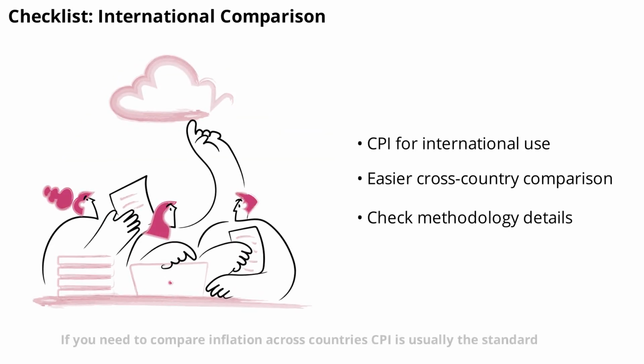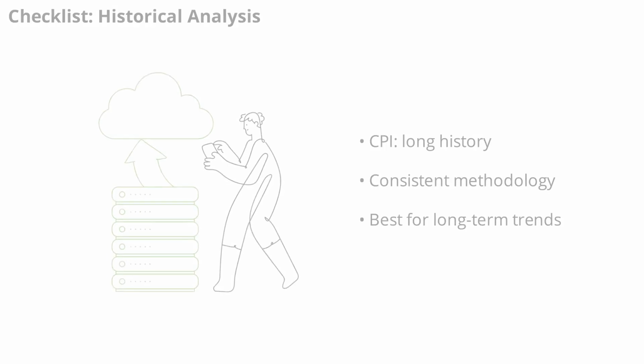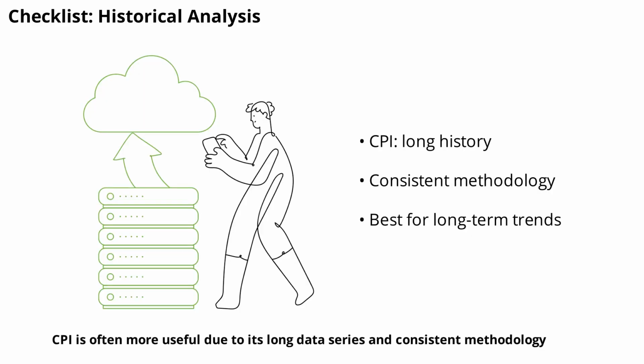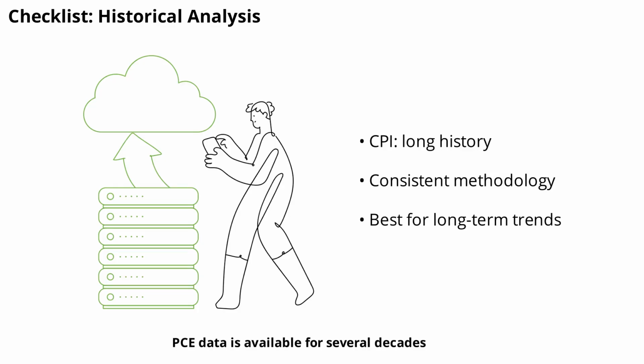If you need to compare inflation across countries, CPI is usually the standard. Most countries publish a CPI or similar index, making cross-country comparisons easier. However, be aware that methodologies can still vary, so always check the details before drawing conclusions. For long-term historical analysis, CPI is often more useful due to its long data series and consistent methodology. PCE data is available for several decades, but CPI's history stretches back even further, making it valuable for studying long-term